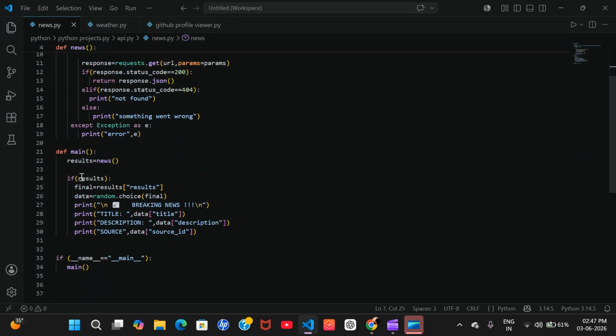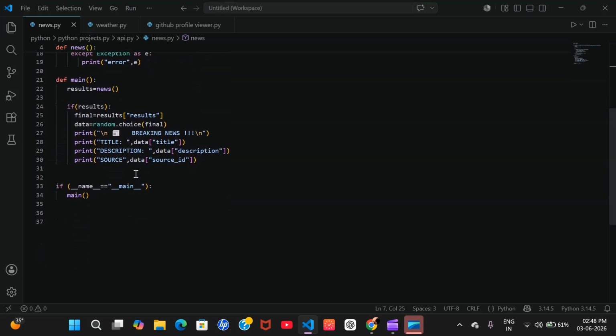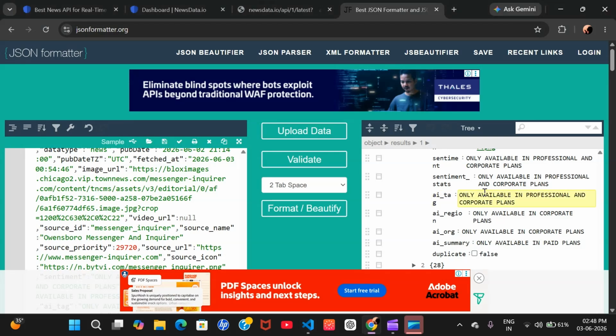Now it will get into the results. If the results are true, then these statements will be executed. Now we are checking. We have to tackle the data, so we have to know the structure.